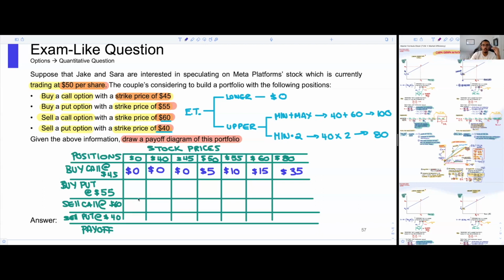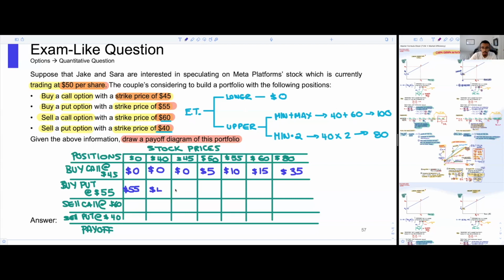Okay, so a really good rule to have here is that any time your stock price is smaller than your put, the difference between the two will be your payoff. Such that in this case, if your stock price is $0 and you have a put of 55 bucks, we'll be able to make $55 off the sale. And then it'll be $40. Then it'll be